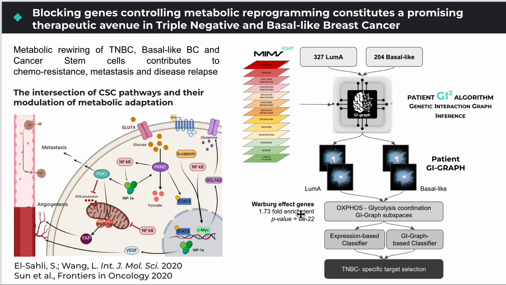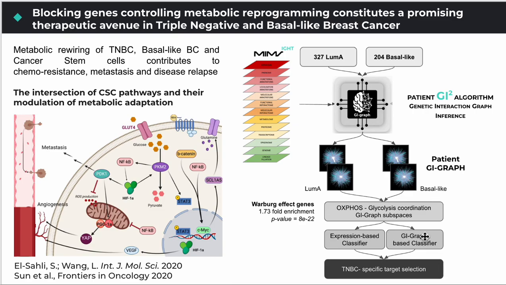These Warburg effect genes are extracted using our NLP capabilities from the literature, and they are genes that have been associated to Warburg, and that were divided into a training set and a testing set. So based on this subgraph, we're extracting two kinds of features. We're extracting expression-based features associated to differential expression, correlation of expression, etc. But we're also extracting GI graph-based attributes that are based on topology and different values of the graph, including also the expression